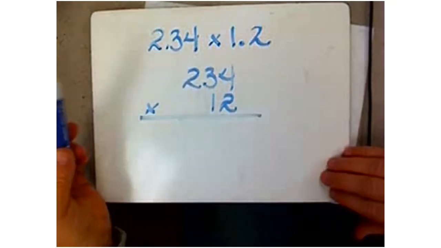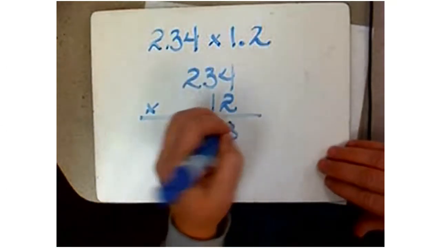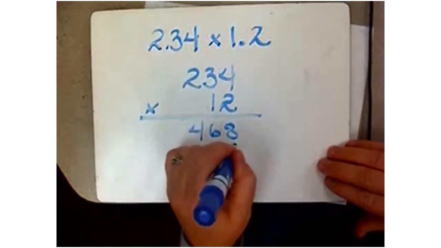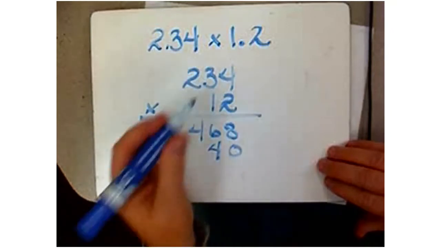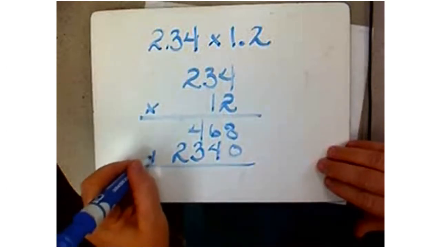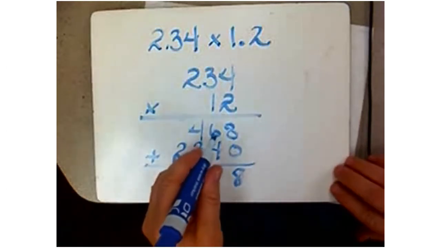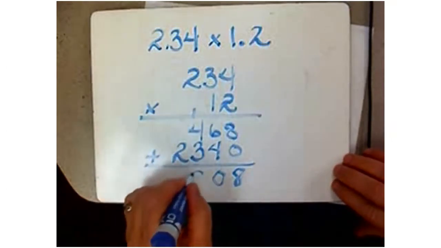We're going to solve it just like we would whole number multiplication. 2 times 4 is 8, 2 times 3 is 6, 2 times 2 is 4, placeholder 0, 1 times 4 is 4, 1 times 3 is 3, 1 times 2 is 2, and then I add those two products together. 8 and 0 is 8, 6 and 4 is 10, carry the 1, 1 and 4 and 3 is 8,